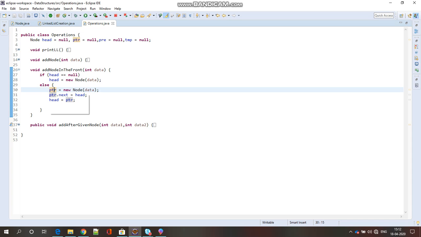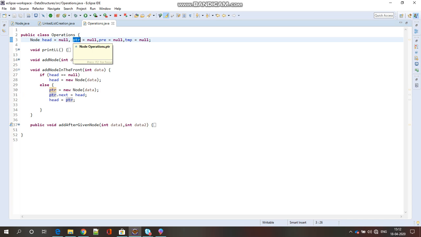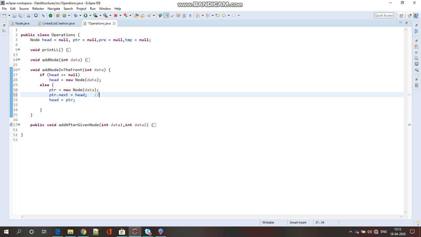We have to create the new node first, using the data. PTR is a temporary pointer; I made it global so we can use it anywhere in the class. So PTR is the new node, and PTR dot next should point to head, because suppose we already have a list 1, 2, 3, 4, with 1 as the head.